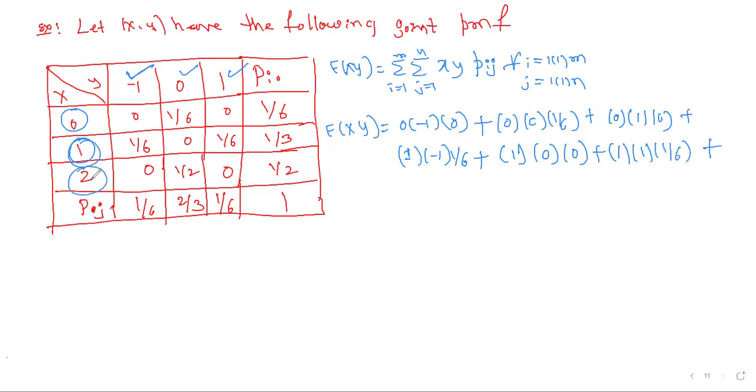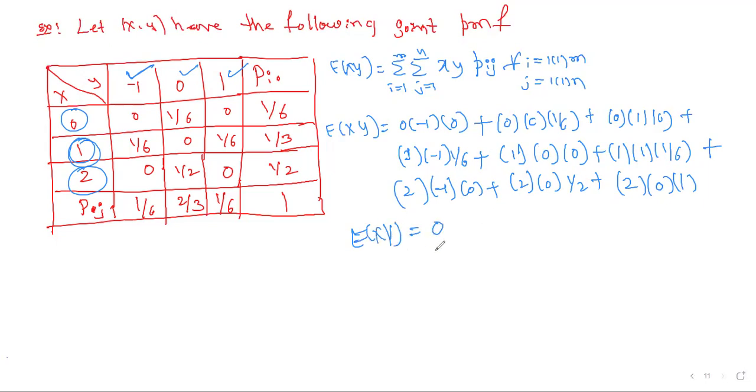Now we'll fix 2 and change the values of Y: 2 into minus 1 into 0, plus 2 into 0 into 1 by 2, plus 2 into 1 into 0, right? So here the expected value of XY, after solving this, we'll get 0, right? So here, expected value of XY is equal to 0, but